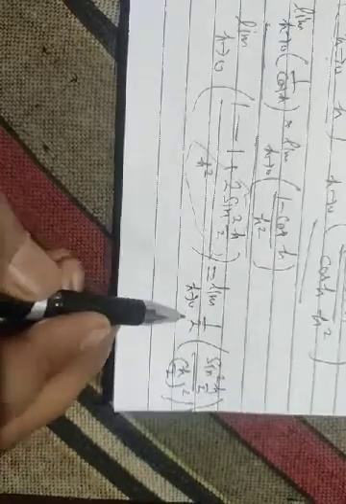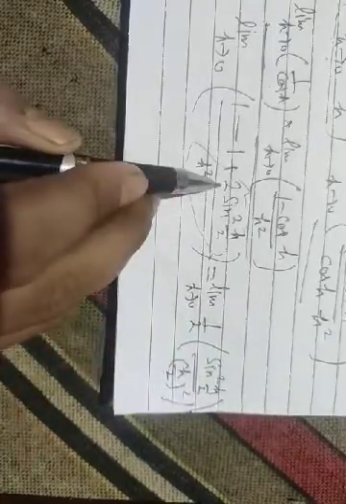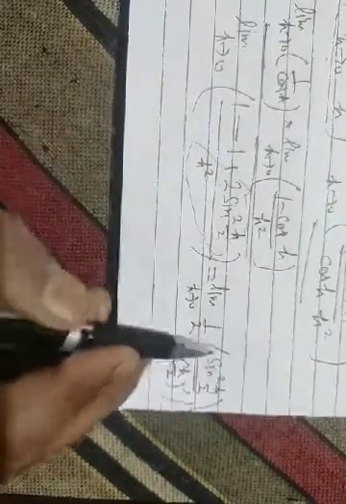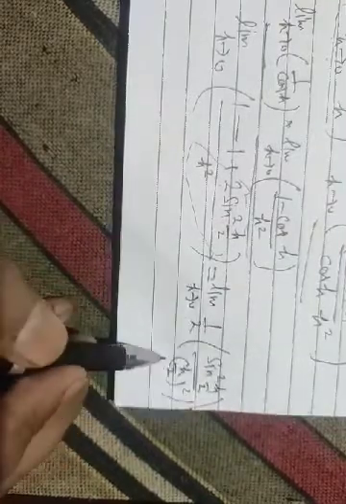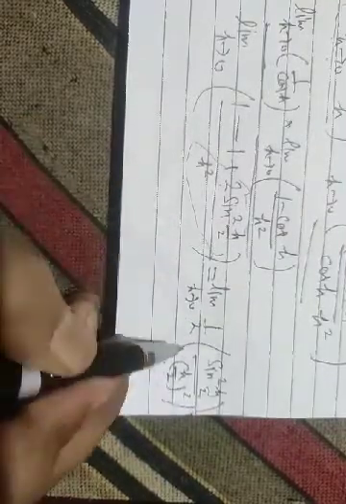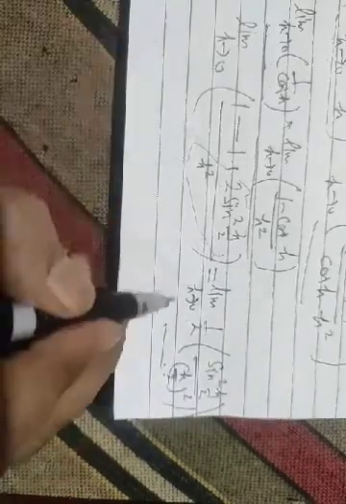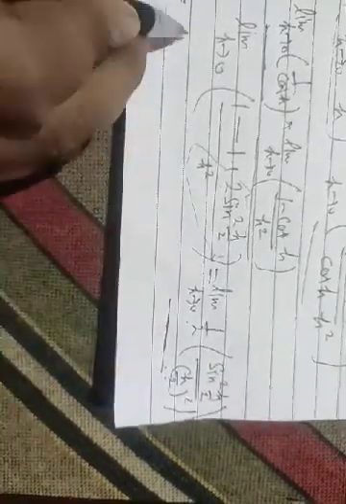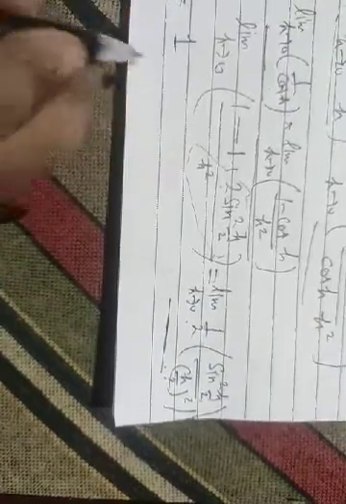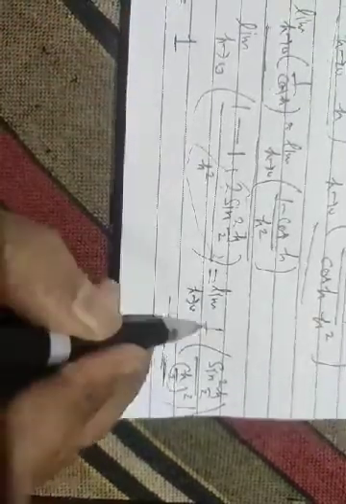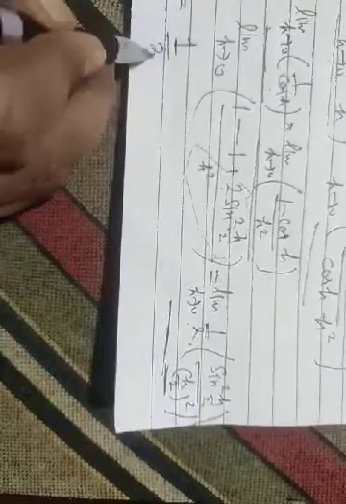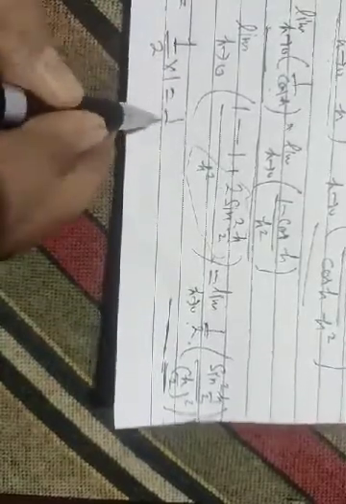Here what we do, we multiply by 2 and divide by 2, because we already have 2. We need one of the 2s there to make the form of sin theta by theta. Now again we are getting the form of sin theta by theta whole square there. Then we get its value equal to 1. Sorry, it's 1 by 2. Then here we get 1 by 2 into 1, we get 1 by 2.